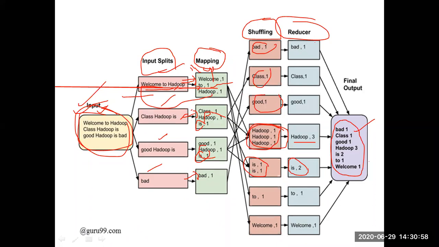gathered to one location. After the shuffling of the data is over, the reducer will start its work. The duty of the reducer is to combine all the outputs of the shuffling. It will try to combine all the outputs of the shuffling by reducing the data as much as possible. By making analysis on the data, it will try to reduce the data. By reducing the data, the reducer will give the final output. This is totally what is happening, briefly in a small example, in the map reduce program. Is it clear, guys? This example.